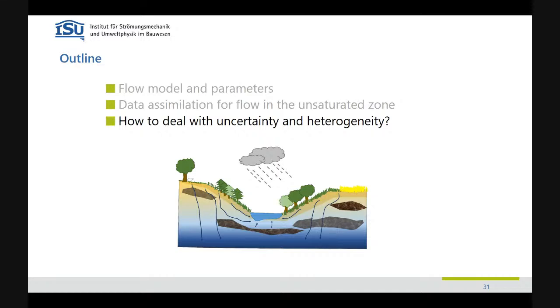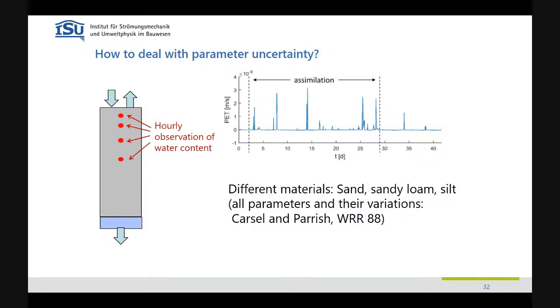And this is, again, toy problems in the computer. So the toy problem in the computer is this: I generate a reality in a homogeneous setting. So for the time being, I do not want to see heterogeneity. I just want to see uncertainty. So I have something that is completely homogeneous. Again, I have perfect settings. I have boundary conditions that I know. I have the flow going in and out, rainfall, evapotranspiration that come in and out over the top. I have, again, 4 sensors, and I have a measurement of water content. The thing is, I don't know the parameters.